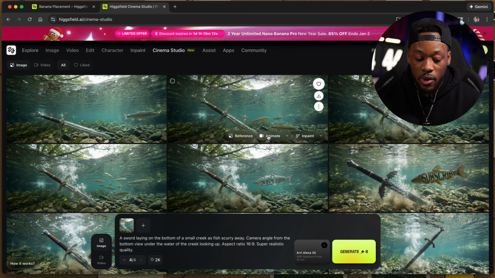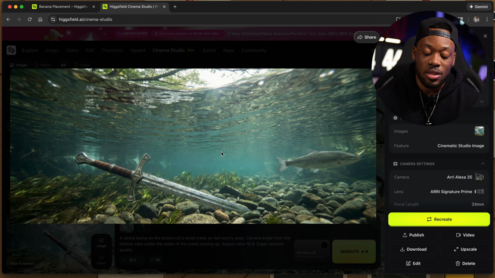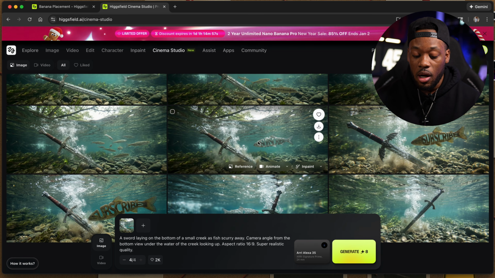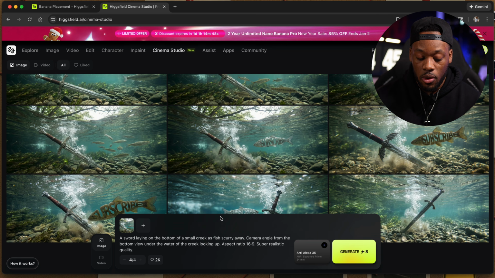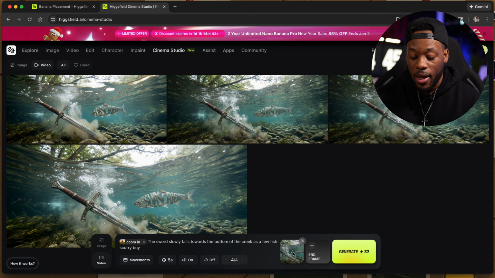And then for the end frame, I needed something, I believe, similar to this. But what I did is instead of doing the start frame to end frame, because I wanted to show the sword kind of slowly falling to the bottom of the water, I actually just ended up taking my start frame and using some of the camera movement that the Cinema Studio had just by itself, which does not require me to have an end frame. So if I switch from image to video, I'll come down here,